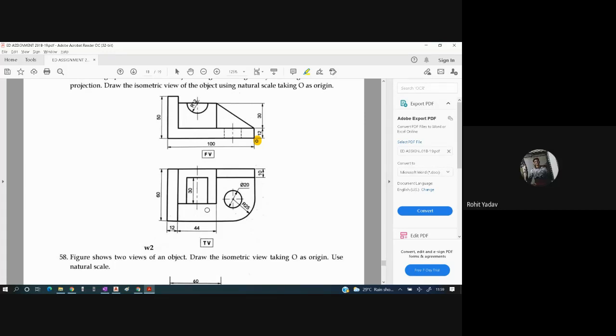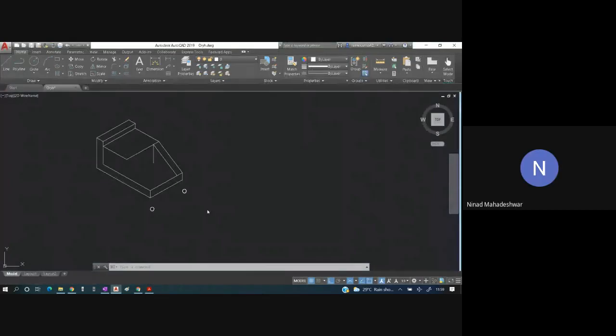So what you have to do is move this part. You have to move this line inside by how many mm? 20 mm. So what we are going to do is move. Which line? This is the base point of the line. You have to move inside by how many mm? 20 mm. So I'll press 20 over here.